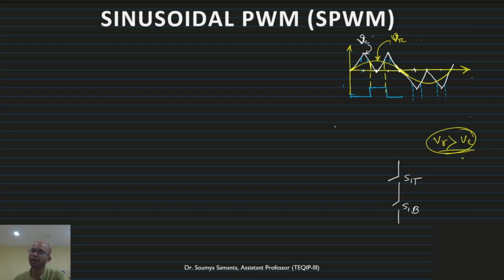If the output voltage is between 0 to VDC, that means if we take it with reference to the negative bus, then it is called the unipolar PWM. Then the range is 0 to VDC. Now if the output voltage or the pole voltage is minus VDC by 2 to plus VDC by 2, then this is called the bipolar PWM.